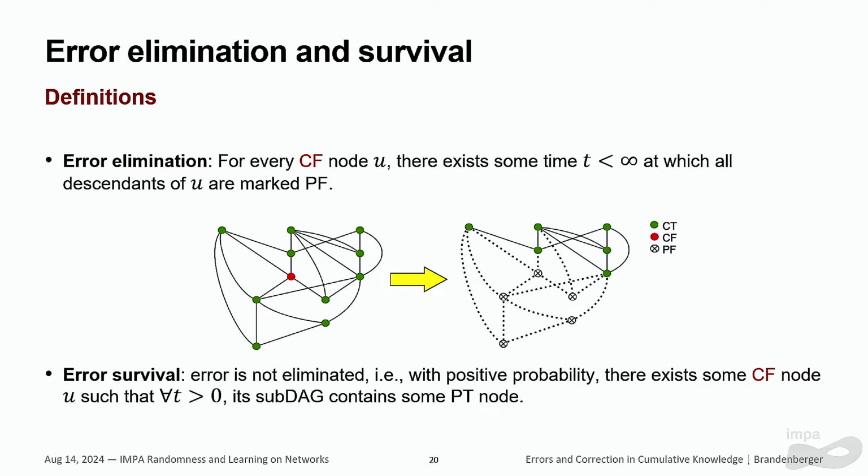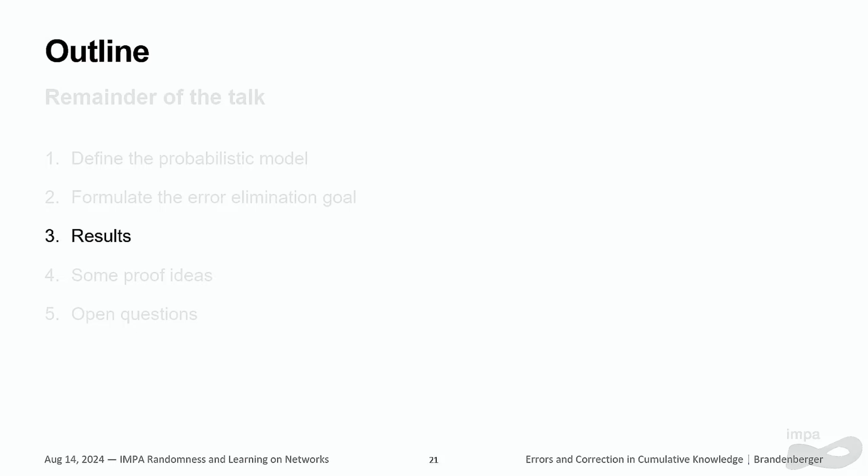Error survival is essentially error is not eliminated. So with positive probability, you have some false node whose subdag survives forever and grows. Okay, so in terms of results,